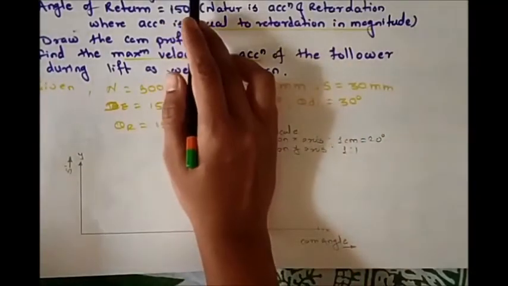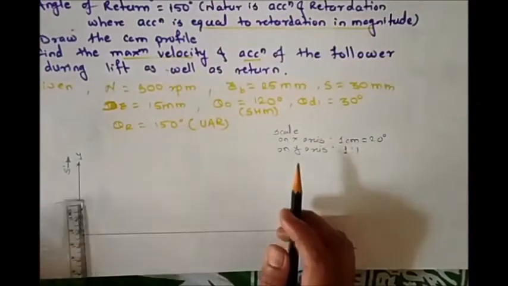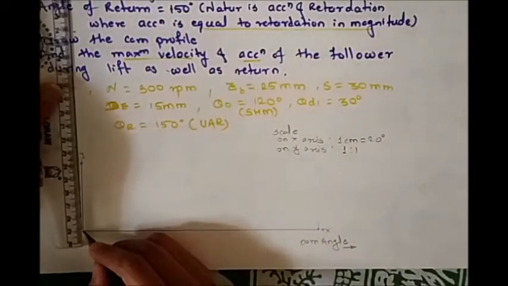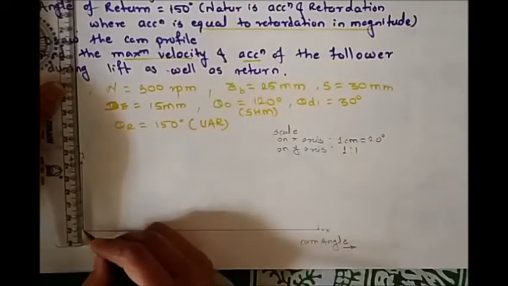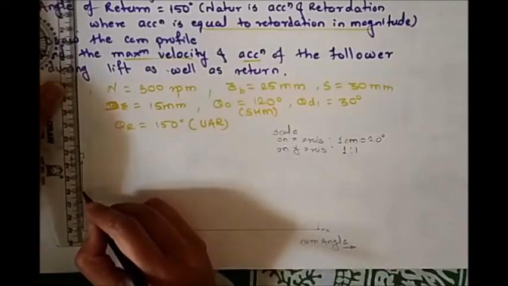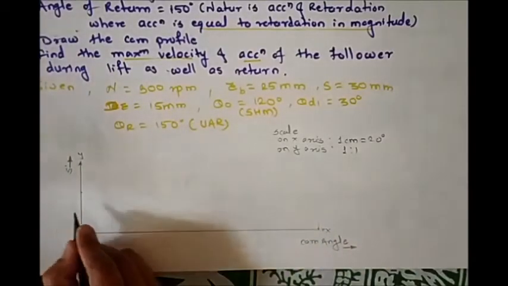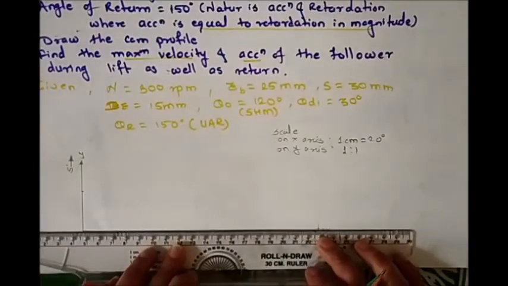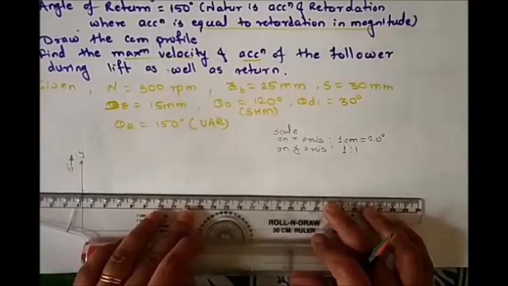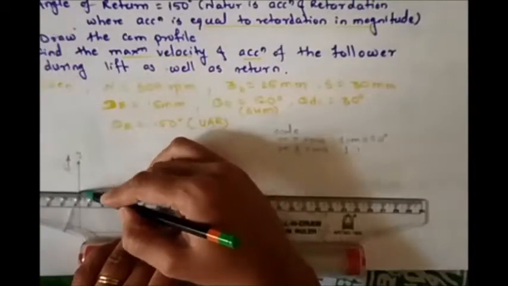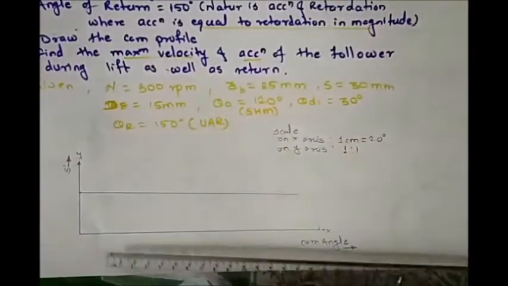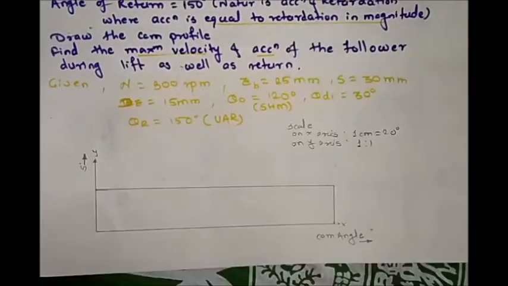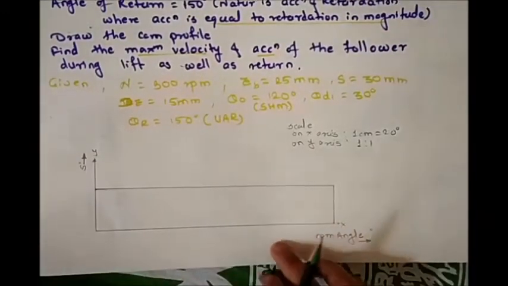So stroke length is given 30 mm. So for that we just directly take a 3 centimeter distance, 1, 2 and 3, and mark a point. Then just draw a horizontal line which is parallel to the x-axis. Here we have 18 centimeter distance, and draw the vertical line. So here we get a displacement block.